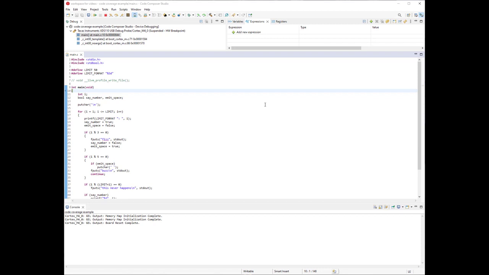At this point what I have is a project in Code Composer Studio. It happens to be Code Composer Studio version 12, the most recent one as of this recording time. The thing's all ready to run. We're ready to hit run, and I'll get to why I wanted to do that, because I decided the best way to introduce what's happening here is to actually try and run this code. So let's give it a go. And here it goes. You see output down here is happening.